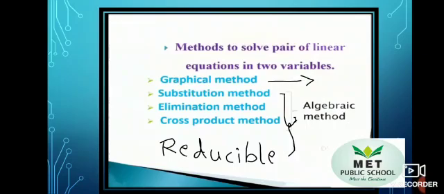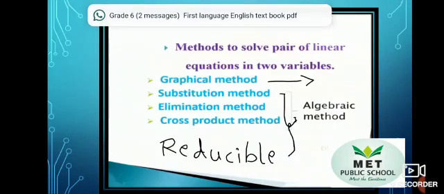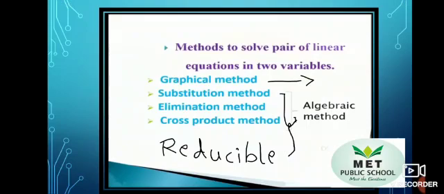In the cross multiplication method, you are using the formula. I have already taught you the easy trick for remembering the formula. Make use of that formula to find the values of x and y. Next, you have the reducible method. In reducible method, you are reducing the fraction form into a linear equation and you are solving and finding the values of p and q, because here the fraction form is taken in terms of p and q.